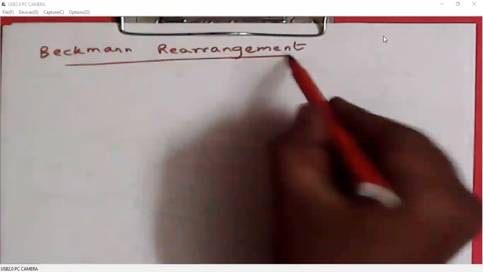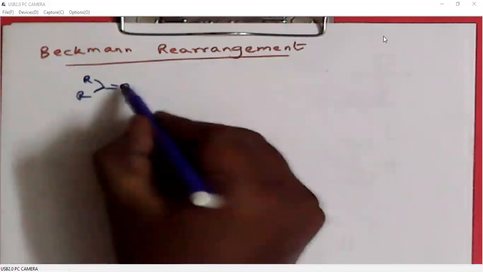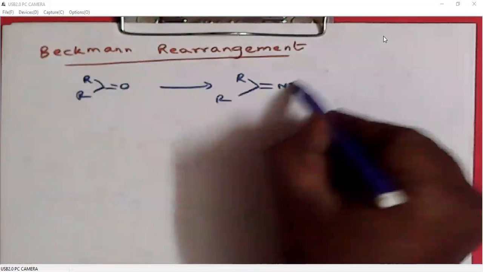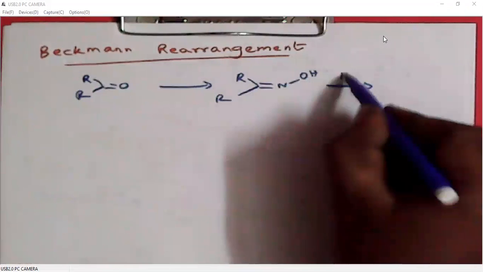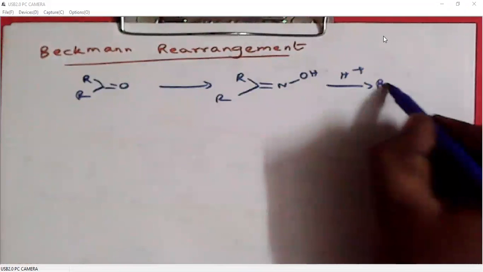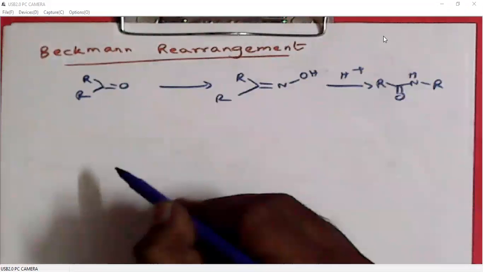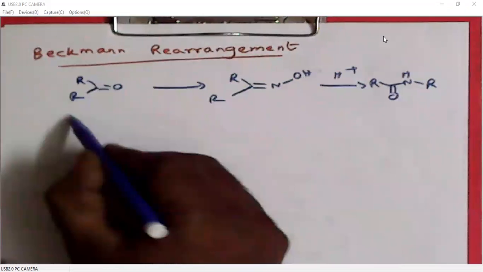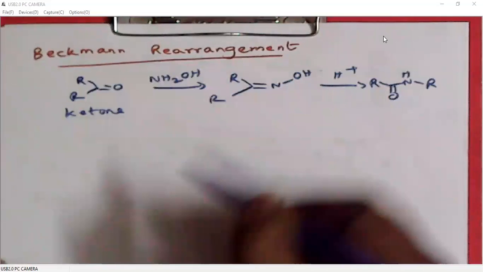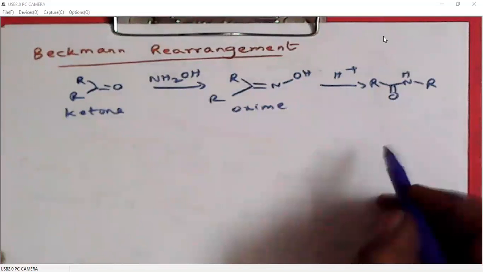related to Schmidt rearrangement, where we convert a ketone into an oxime. That oxime on acidic conditions is converted to amides with alkyl migration. So a ketone, when it is treated with hydroxylamine, converted to an oxime, which upon acidic conditions is converted to